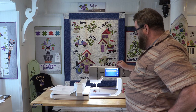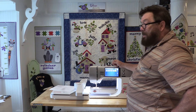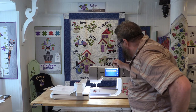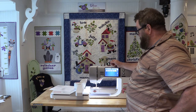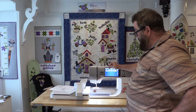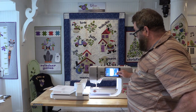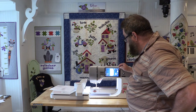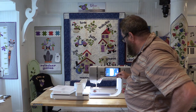But I'm going to go ahead and hit the USB stick, and you'll be able to see here that I brought in 2 different formats of the design, and I also brought it in 2 different sizes. So I'm going to size this on the computer, but I could go ahead and open up any one of them, and you'll be able to see that the design is just a little bit too big for the hoop that I'm using. And I'm going to go ahead and click on the hoop,